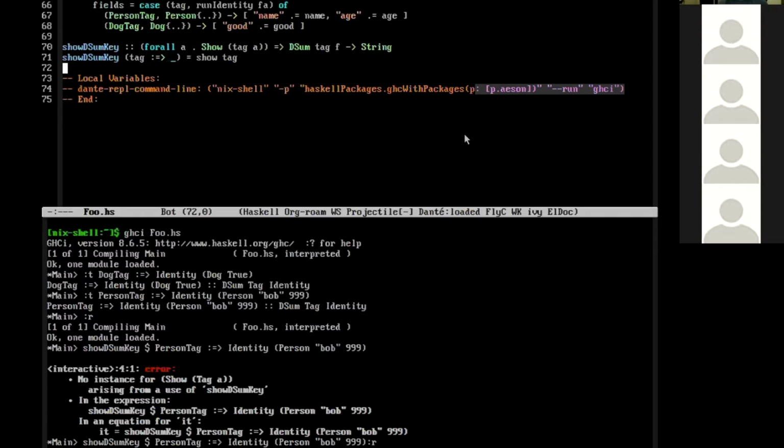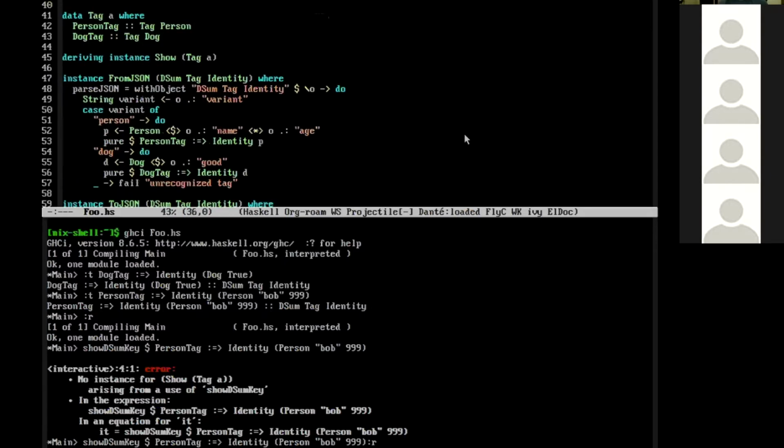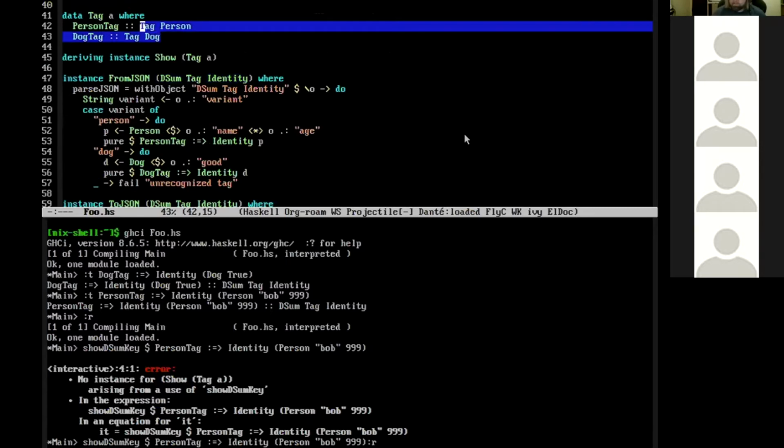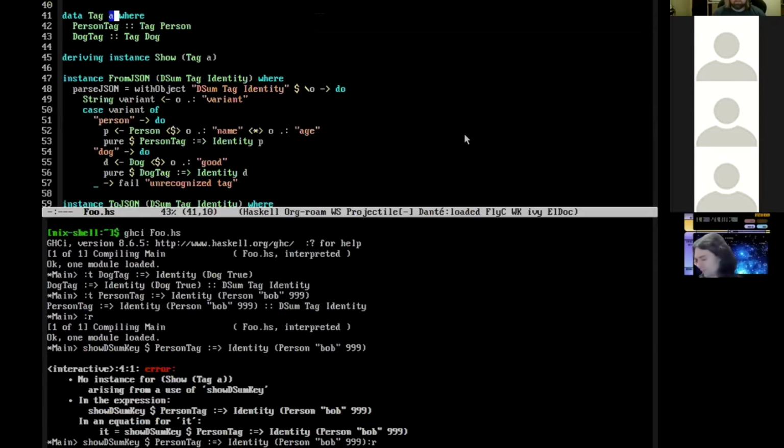If I want to show the right-hand side of a DSum tag identity for this particular tag, then I'm going to need Show for every type that can actually appear in this A position. So that's like if I want Show then I'll need Show for Person and Show for Dog. And once I actually have a value in my hand, then I can unpack it, work out which one I've actually got, and go from there.